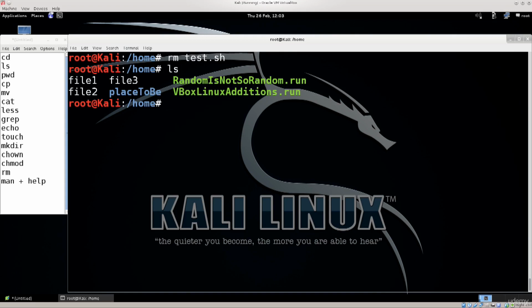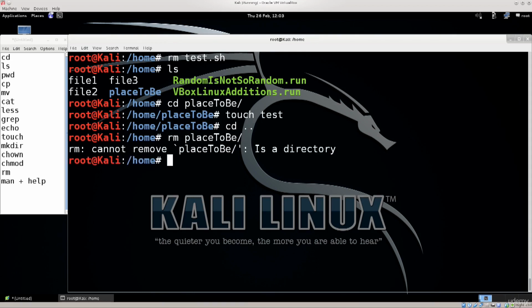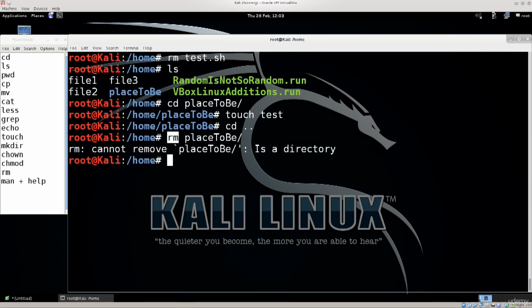But if I go ahead and navigate over to place to be and, I don't know, touch test, I'm going to make a new file there. And if I go ahead and say rm place to be, it's going to say rm cannot remove place to be because it is a directory. This is a failsafe of the rm. So you wouldn't delete a full directory because you wouldn't be able to recover it, and that would be really bad. What you can do is type in rm -f